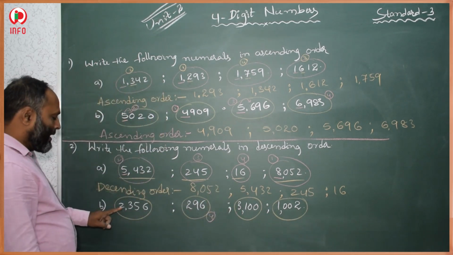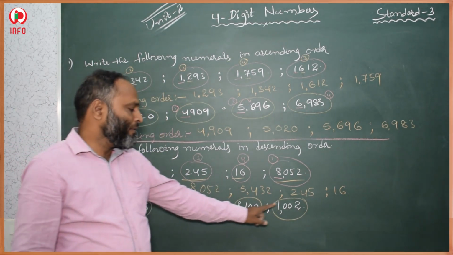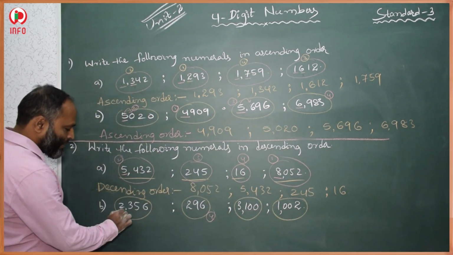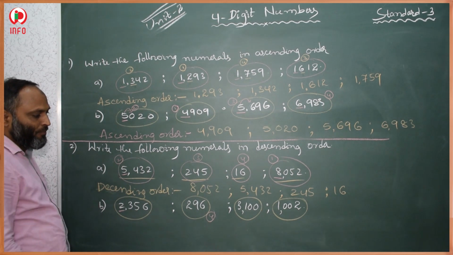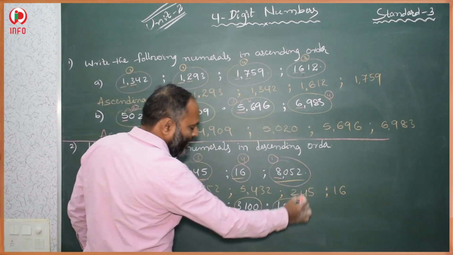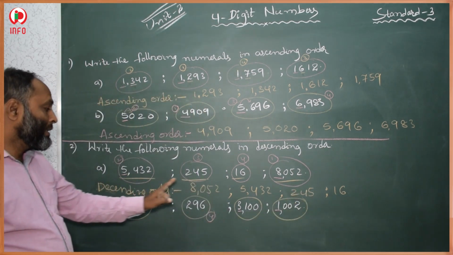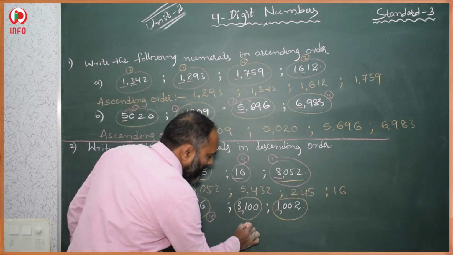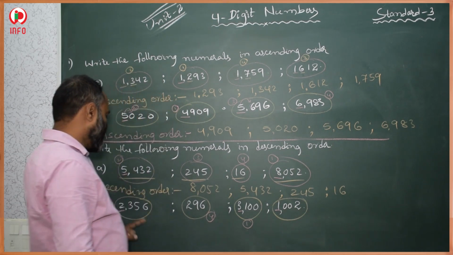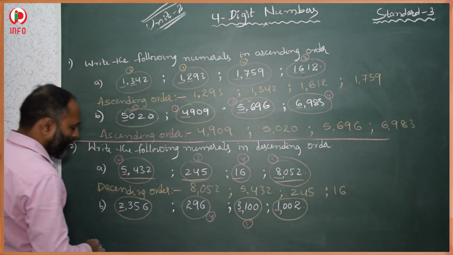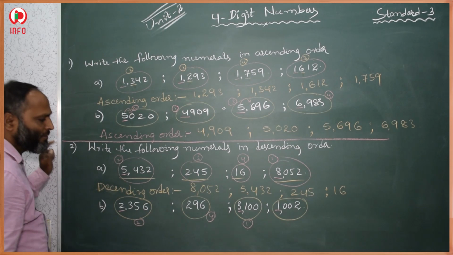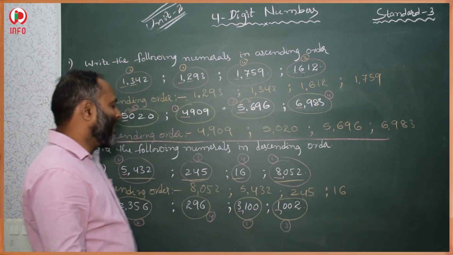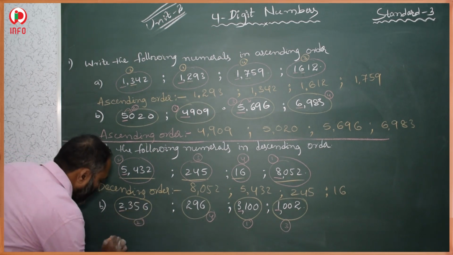In this, after that, in these 3 numbers we have to compare which one is the least and which one is the greater. First the thousands place value is 2 here, 3 here and 1 here. In 2, 3, 1, 3 is the greater. 3 is the greater, so this comes first, and 2 is a little bit smaller, this comes in 2nd position, and this comes in 3rd position. Now descending order.